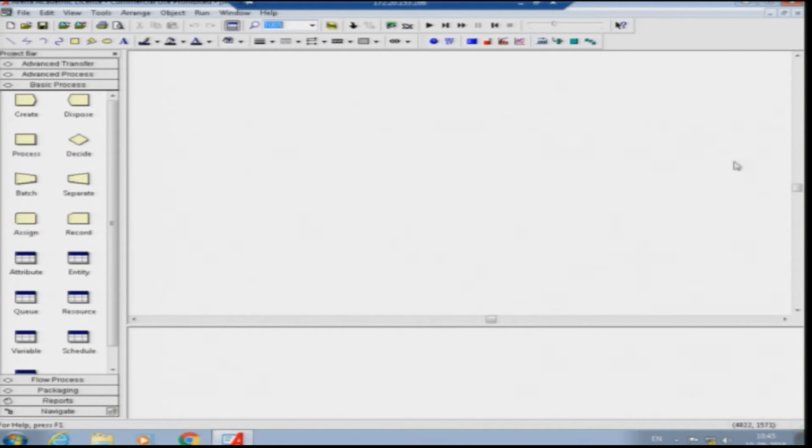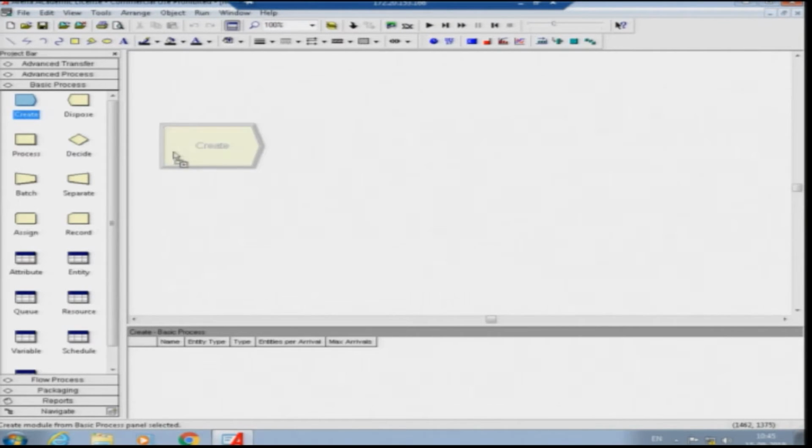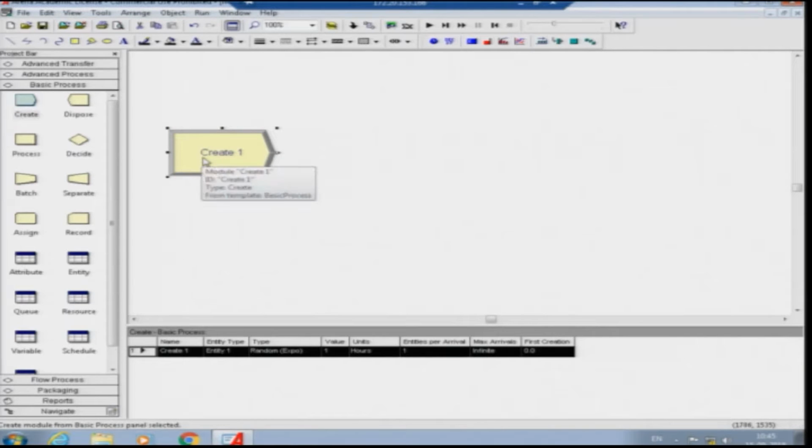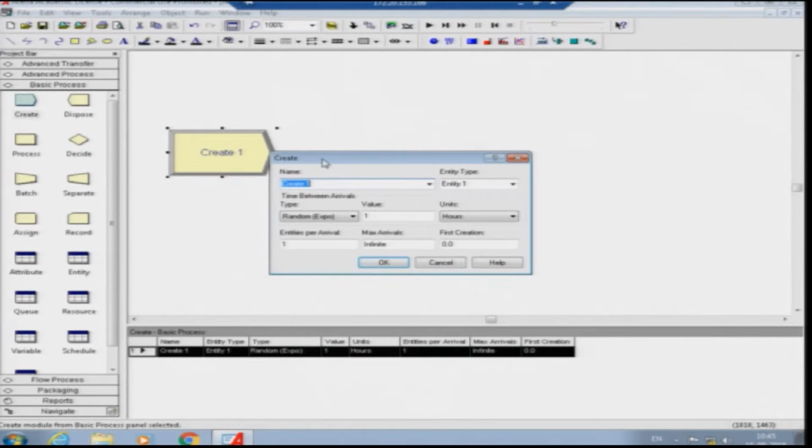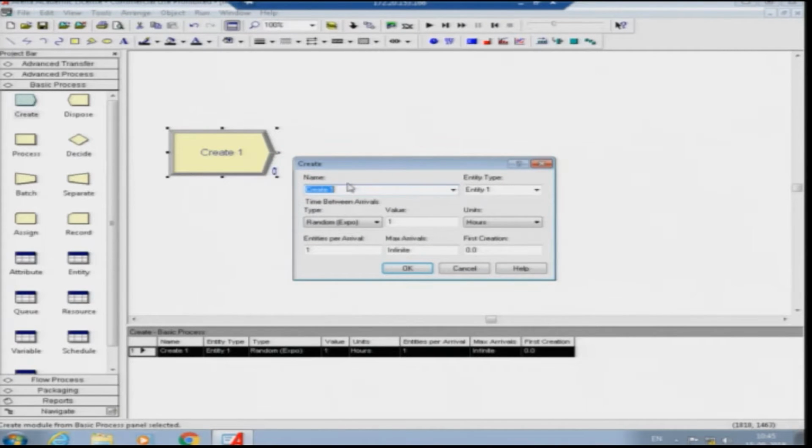The right-hand side top area is our modeling window, and the bottom shows the status details of each module. We are going to make the single server system, where first we need to create the arrival of the system. We drag and drop the create module here and double click, and this dialog box opens. We use this dialog box to provide the details of the system. So we say parts arrive to